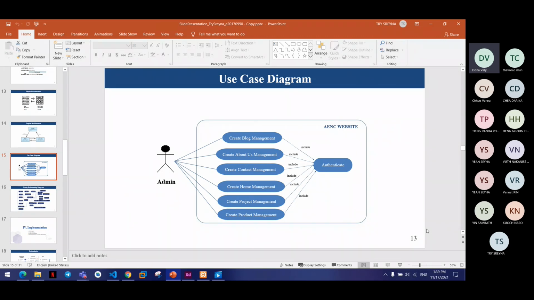But my question is that there are actually existing CMS systems. For example, you have a module related to about us management, about contact management. Isn't your system dynamic?